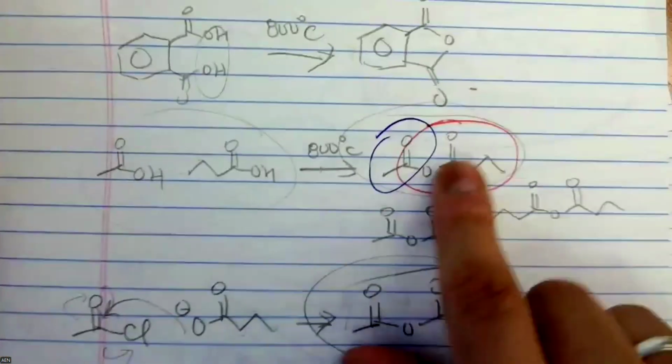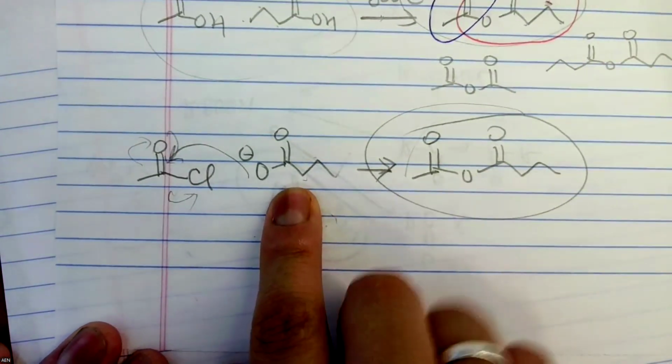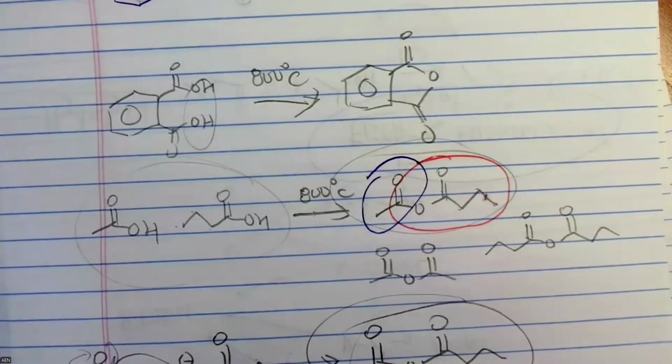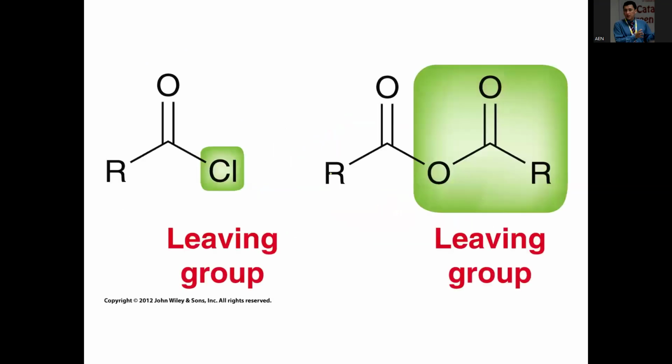If you want an asymmetrical anhydride, then you will have to use this technique, the acid halide and the carboxylate, right? That's the one that you guys see in this slide. It is the reaction of an acid halide for non-symmetrical anhydrides. Good. These are the good leaving groups, the two good leaving groups that are in those two reactive